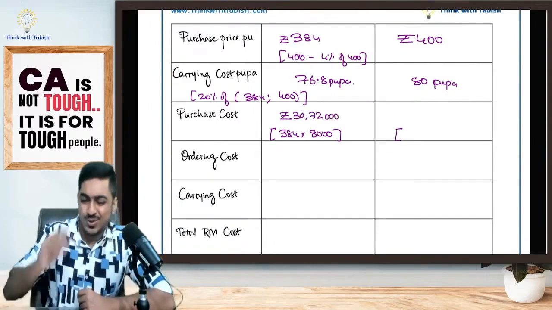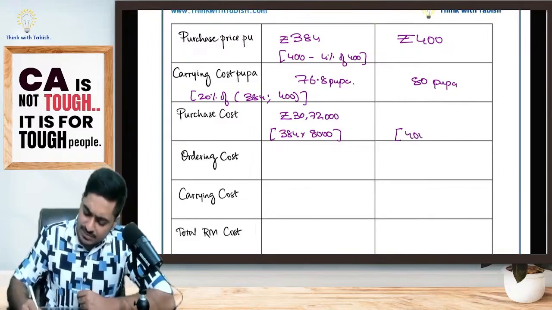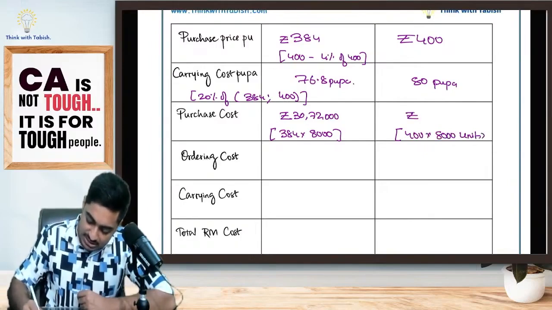Yes, if I say no, I don't want your discount, every unit I'll pay 400 only. Total how many units do I want? 8,000 units. 4 8s are 32 lakh. Is it 32 lakh?